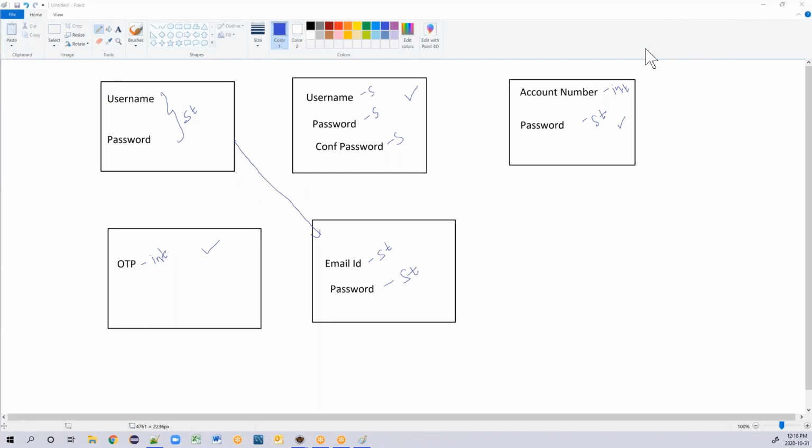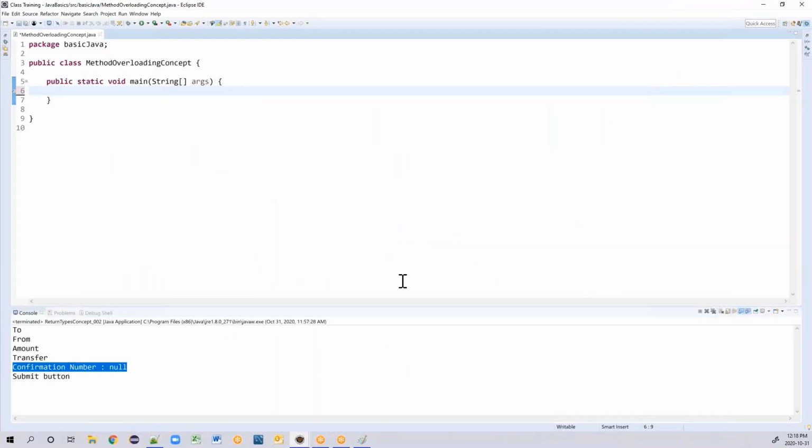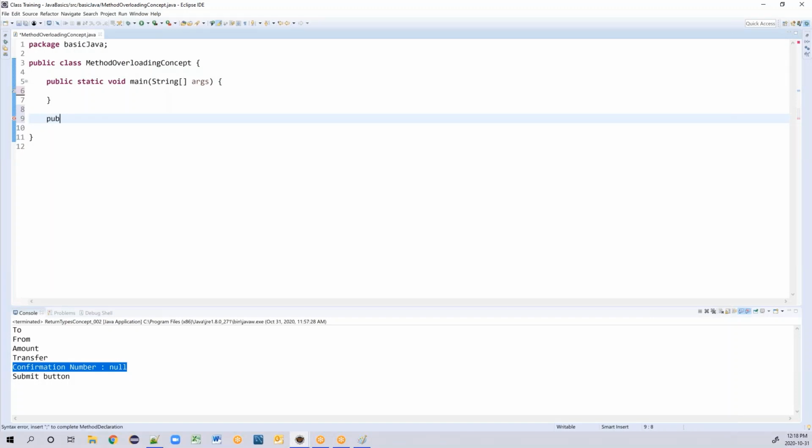Okay, so let me go back to the Eclipse now. And now I am writing different methods. I'm creating a non-static method. Public void login.